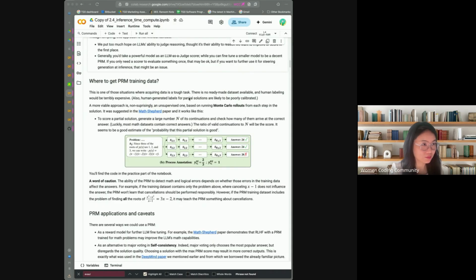And if there is no ready-made data set available, how do we actually generate a data set with step by step labels? Can I create a training task, or I don't have this training task? How do I know which step is better? So basically,